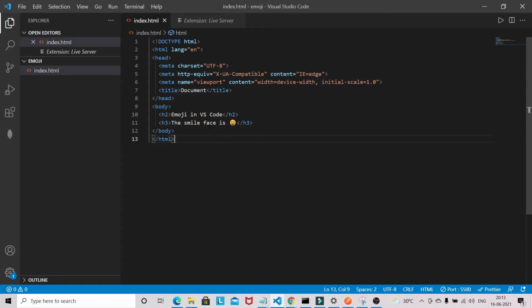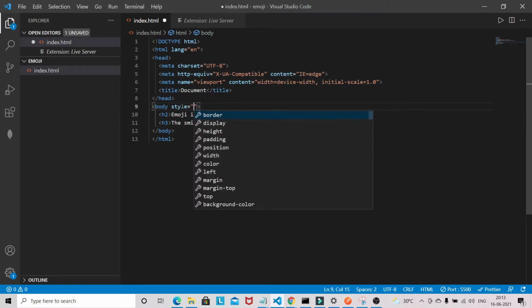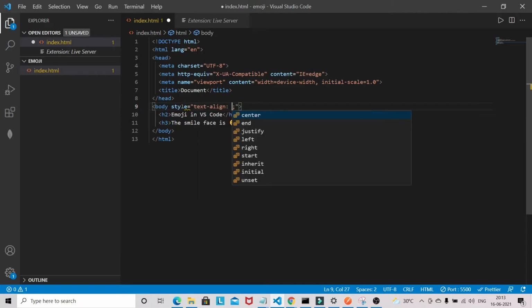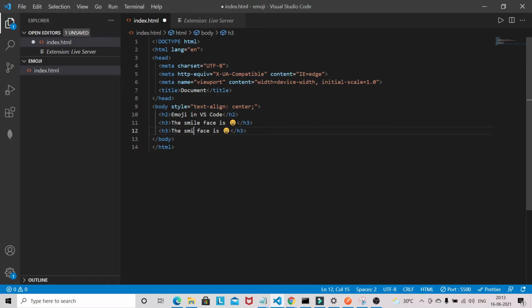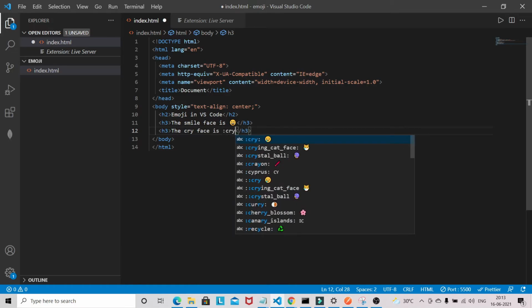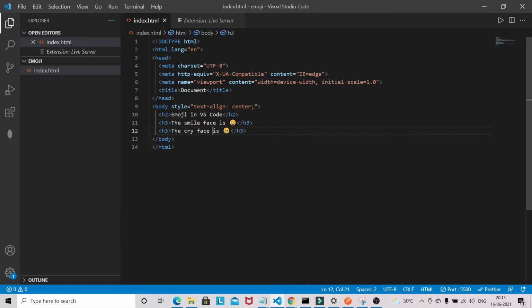So let's add some styling like text align center, and I will add a cry face here. So cry face, you can type cry, and you can also add some more emoji, like you can give relief emoji.